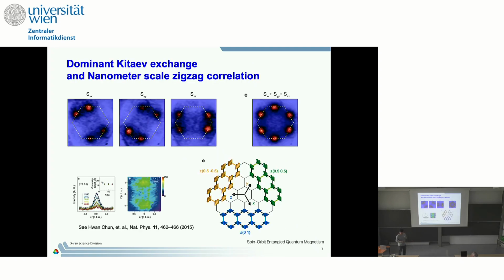When we first addressed this system, we saw this beautiful quasi-elastic, equal-time correlation function. We can see the zigzag ordering in all three directions, equally existing, and that demonstrates the bond-directional ordering in the three directions. So the Kitaev interaction is in there, but the problem is that the other interactions are still there and strong enough.